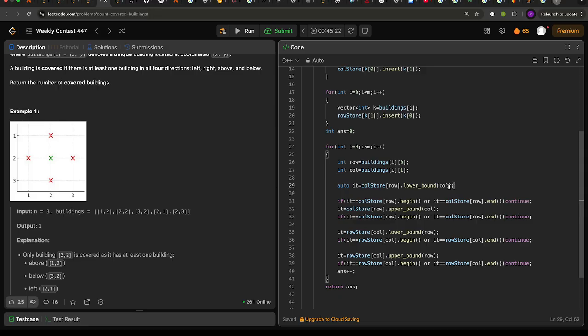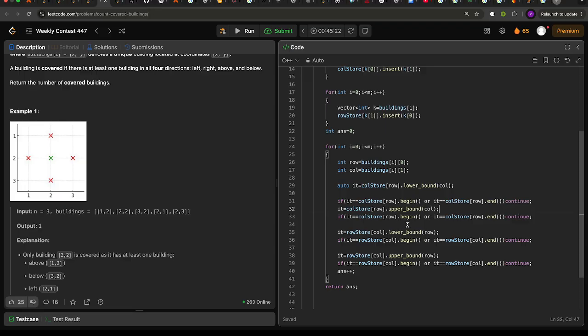Then I check if it equals row.begin, that means nothing is present before that particular row value or x-axis value, or if it is pointing to the end, that means nothing is present on the right side. In that case we just continue, because we want one element on the left side and one element on the right side.